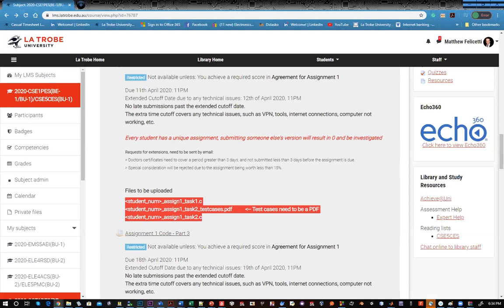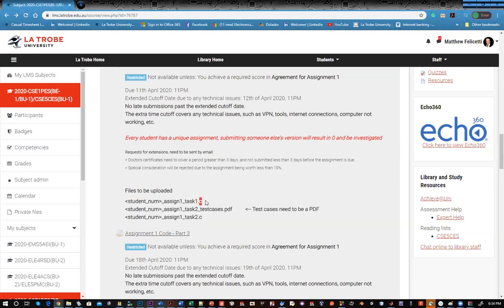So one is a PDF, two are C files. And they need to be C files, not text files, not docx's, C files. All right? So how can we just submit if we are downloading first, there are some errors in assignment 1, task 1. Yep. If we are fixing the code, then that fixed code should be submitted once again